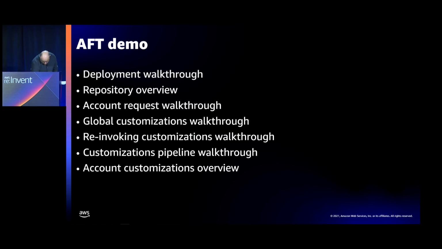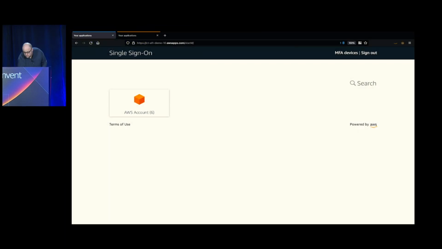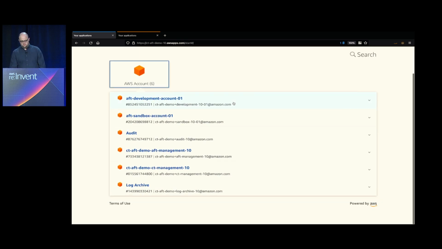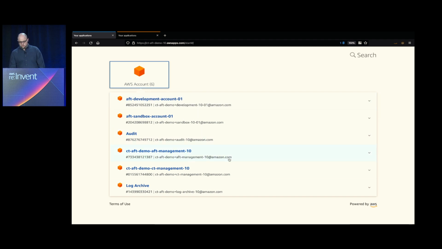Perfect. Thank you, Kirk. Swap on over to our demo here. So where we are at starting this demo is all the prerequisites have been met. If we take a look at our single sign-on interface here, we have our Control Tower management account, obviously, with the core accounts, log archive and audit, as you would expect.